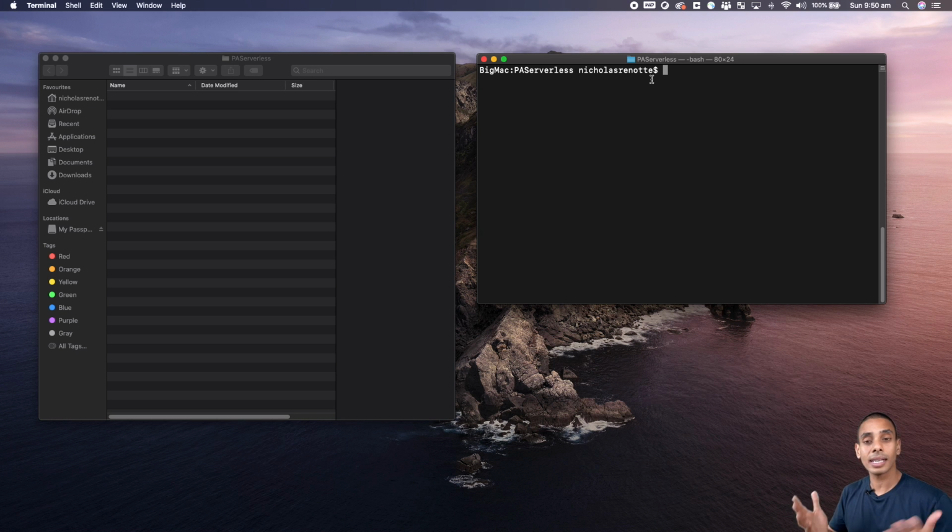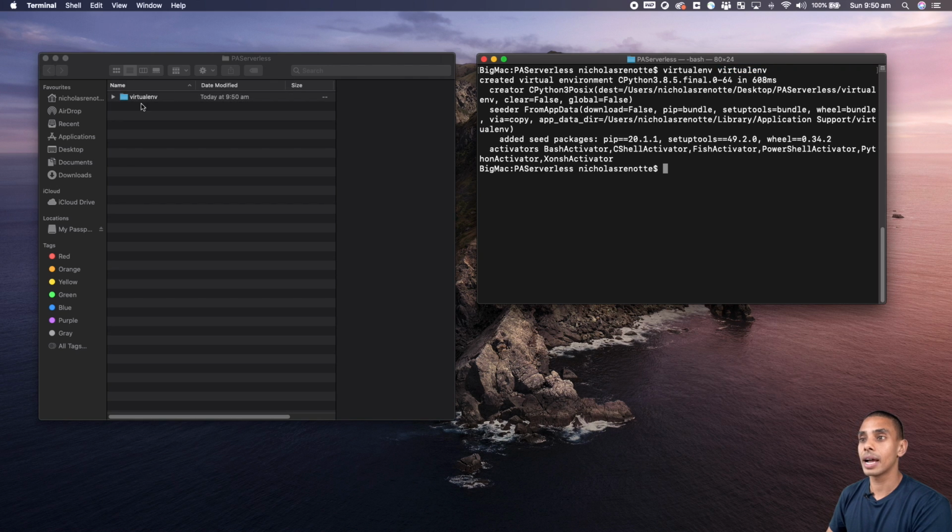In order to do this, as I said, we're going to use the virtualenv command. So what I've typed in is virtualenv and then virtualenv again. The first virtualenv is the actual command. The second virtualenv is actually what we're going to be calling our virtual environment. So if we run that, you can see that we've now created a virtual environment inside of our folder,